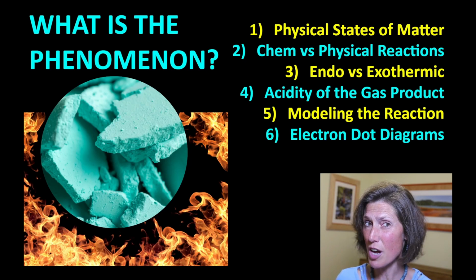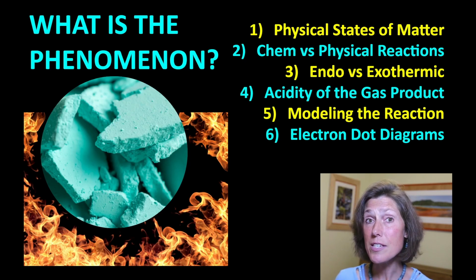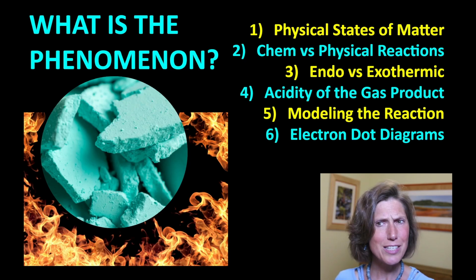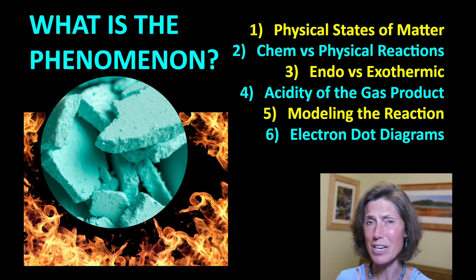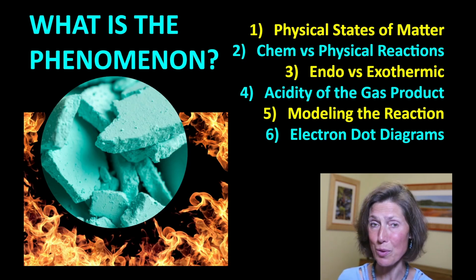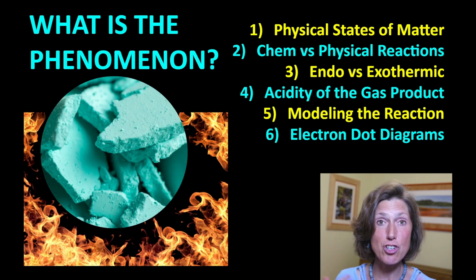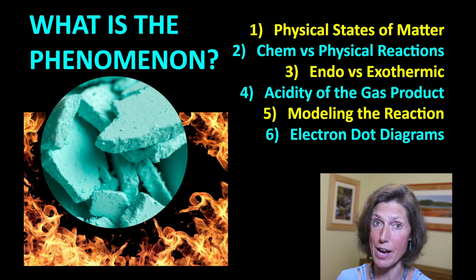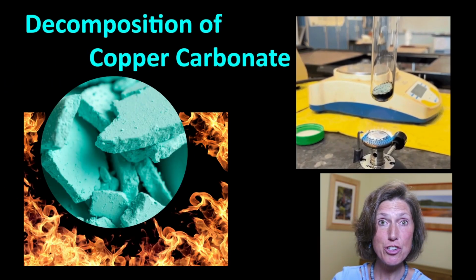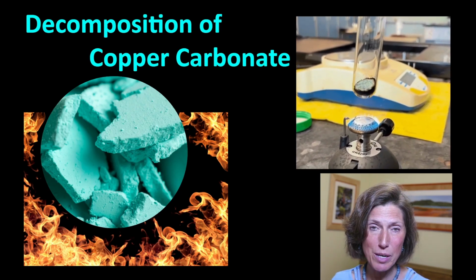Second, does the phenomenon involve a chemical or a physical reaction? Third, is the reaction endothermic or exothermic? Fourth, is a gas produced, and if so, is it an acid or a base? 5, how can we best model this reaction? And 6, since we're modeling anyways, can we actually draw electron dot diagrams of the chemical species involved in this reaction? Let's go. This GIF animation shows you the actual decomposition of copper-2 carbonate, starting with a green powder turning